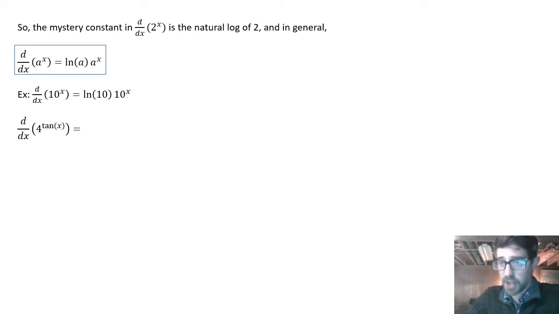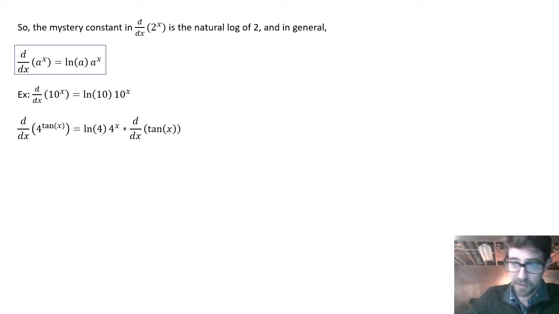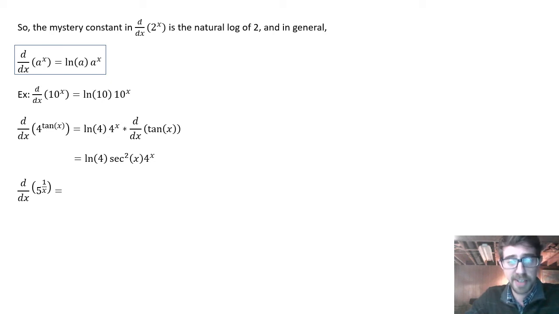So this is the chain rule. It's not as obvious what's what, but the outer function is exponentiation. So the outer function is 4 to the whatever. The derivative of 4 to the whatever is the natural log of 4 times 4 to the whatever. And then you have to multiply by the derivative of the whatever. So whatever is in the exponent is the inner function, and then you just have to multiply by the derivative of that. Right? So that's the natural log of 4